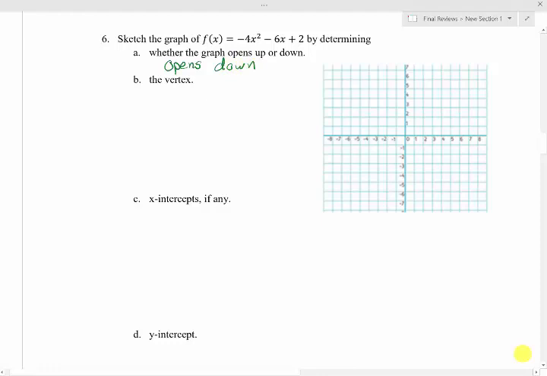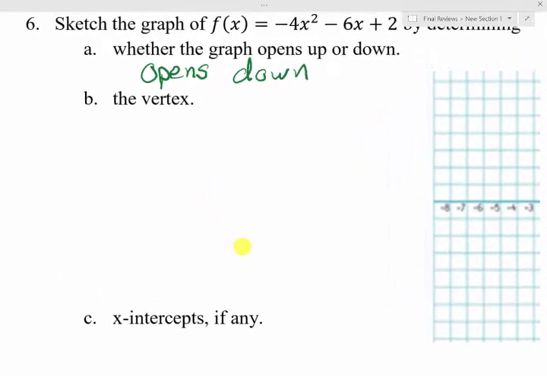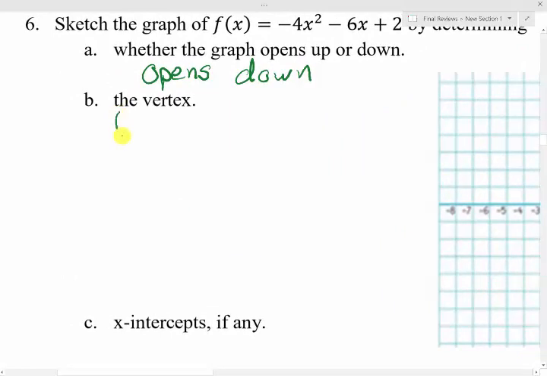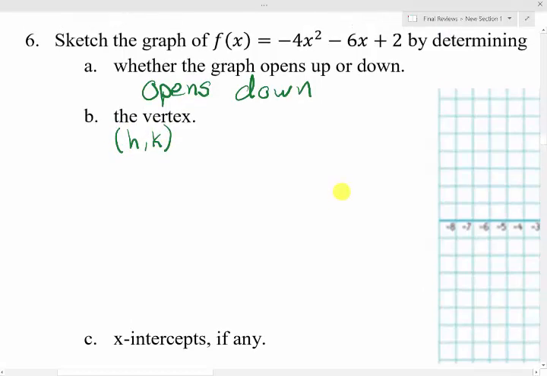Then it wants us to find the vertex of our parabola. Well, we could do this a few different ways. We could complete the square in this function, or we can take the backdoor way and calculate the vertex directly. And that's actually my preferred way to do this. So that's what we're going to do. Usually the vertex is referred to as the point (h, k). Well, we can calculate h using our function as minus b over 2 times a,